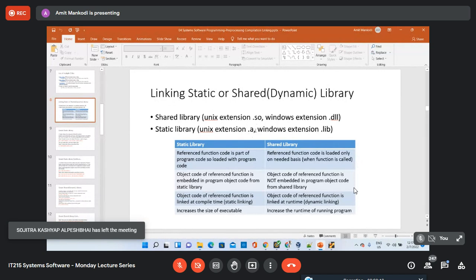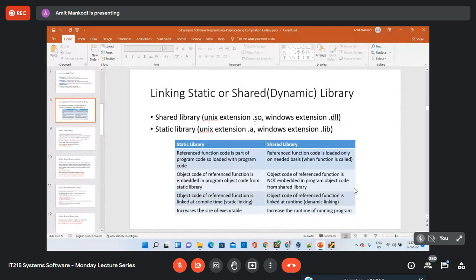The extensions are different, and of course, the way you create the library files is also different. For any Unix-based operating system, whether it is Linux or Ubuntu, .a is the extension for the static library, and .so is the extension for a dynamic library.